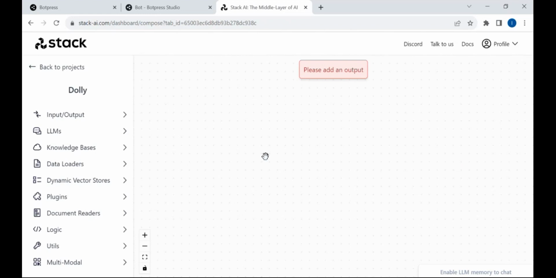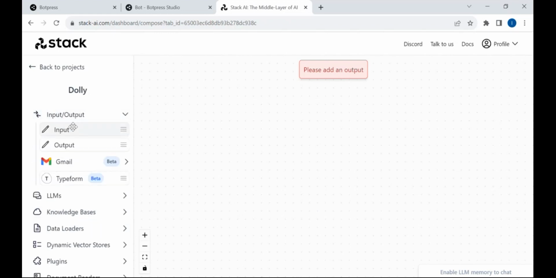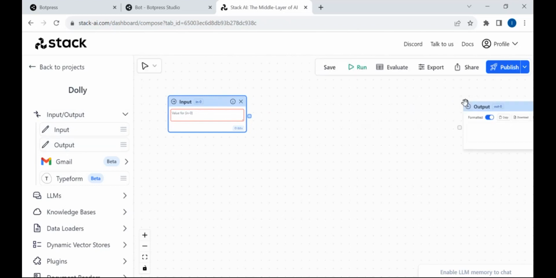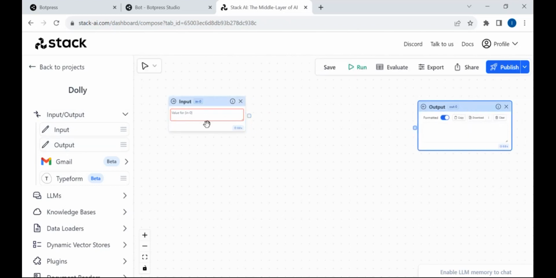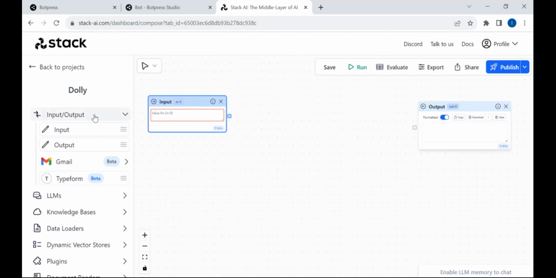So once you come into this workspace, you'll have a blank page like this. You have different components available here. So depending upon the requirement, you just click on the component, drag and drop it, and then connect all the pieces, and then you can get the output. So for our use case, we need an input node where the user will enter a query. We will also need an output node through which we will be able to check the output.